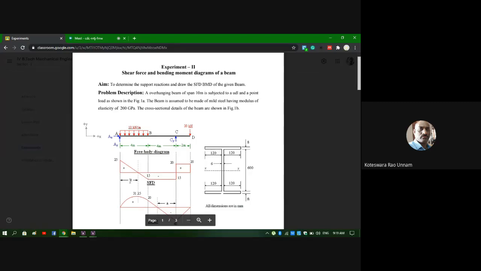But here, people may follow different conventions for shear force and bending moment, because some people will take upward force to the left of the section as positive, and some will take it as negative. This picture I have taken from the internet. Whatever he followed, he has taken upward force to the left of the section as positive. But in the software we'll get it reversed. So don't bother about that.